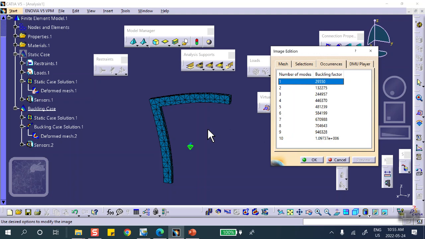If I had not used planar symmetry, I would have got double this value. Right in that table, would have got double this. I was